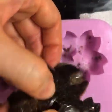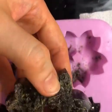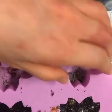Popping it out. It has a bubble, but it will be the back, and this is the front. And it smells amazing because these are